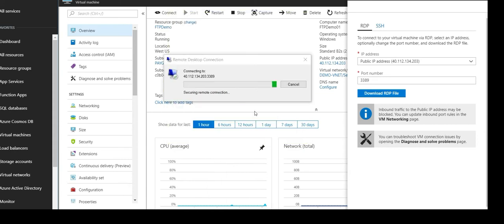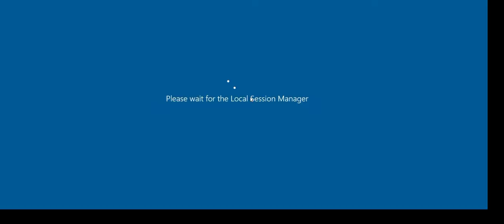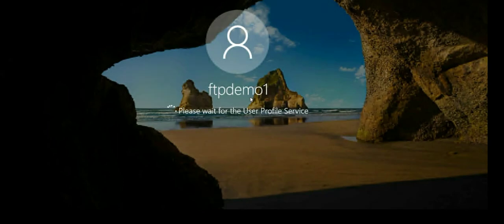There we go, click yes. A couple of steps we need to do. So it's just logging in now. First time logging into the virtual machine, so it's just creating my profile on the Windows box.